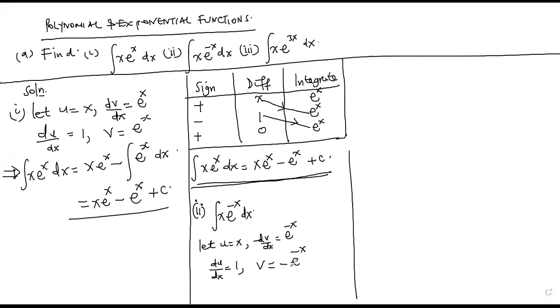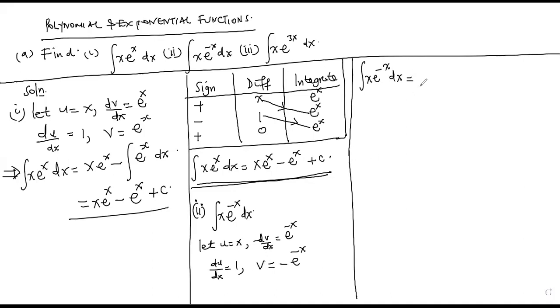Our v is going to be negative e power negative x. In other words, you divide by the coefficient of x. So we divide by -1, which is negative. So making all this negative, implying that our integral of x e power negative x dx is going to be equal to